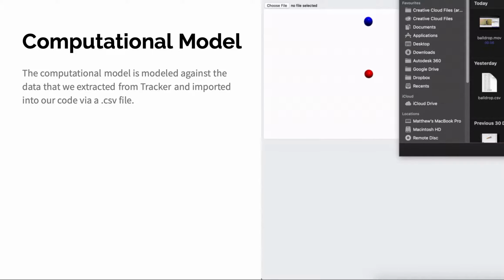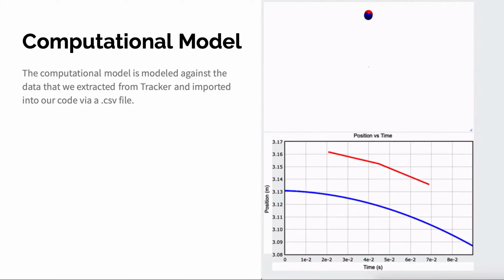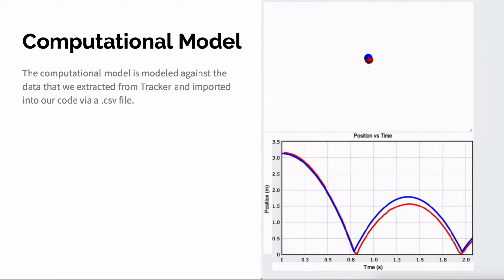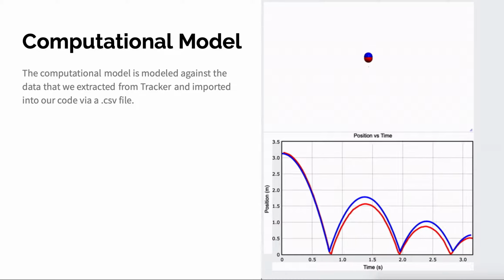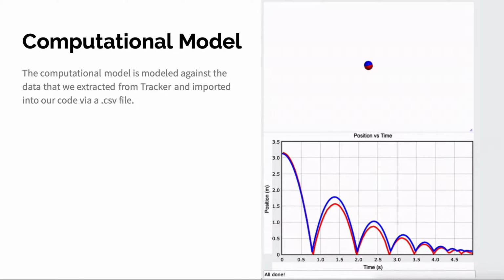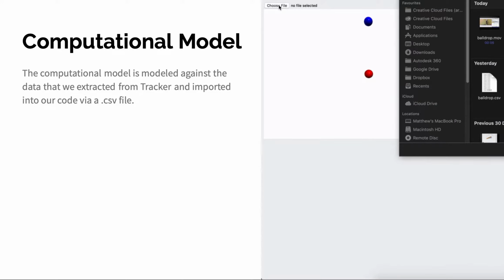We imported the file and then let the code run, and you can see that as the balls bounce, they achieve a height that we can then analyze to calculate CR. I found CR to best fit at 0.75,